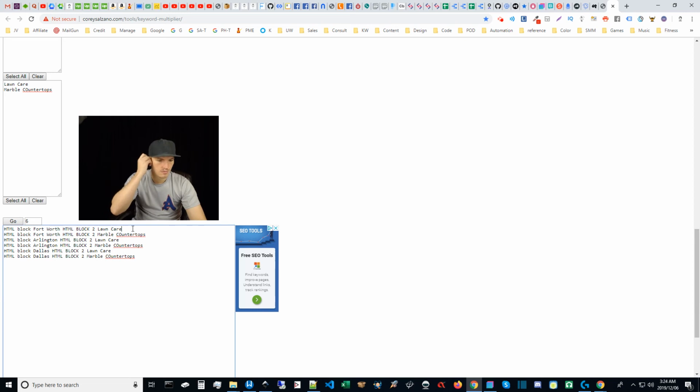And then you could save those in different files somehow. I'm not sure exactly how to do that, or maybe use those as a delimiter to paste those into a spreadsheet, and on and on. Eventually, anyways, you could find a way to use a keyword multiplier to create a bunch of HTML files, is